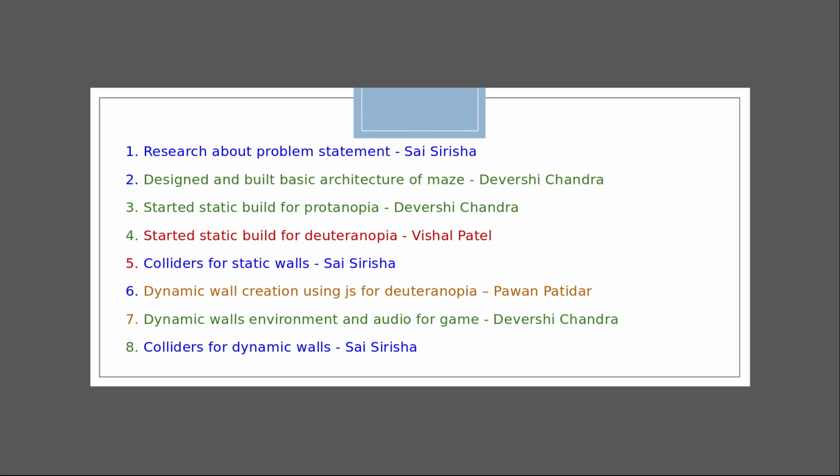While we were building static walls, our teammate came up with the idea of trying to build them dynamically, so that it becomes easier and also enhances the user experience.